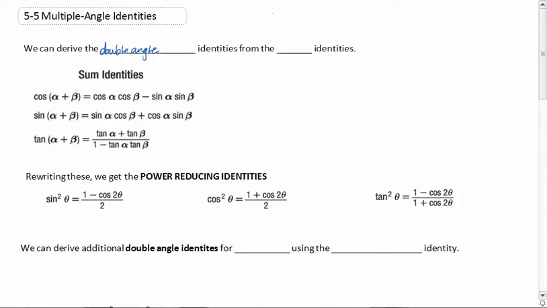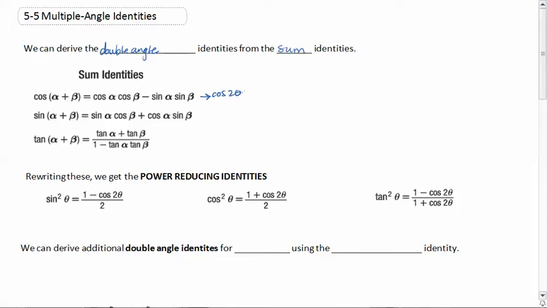That's our double angle. So we can derive these double angle identities from our sum identities that we learned about last time, because 2 theta is just equal to theta plus theta. So we're going to use that with our cosine of alpha plus beta. Both of our alpha and our beta are just going to become theta, for example. So if we're looking to find cosine of 2 theta, we're going to use our cosine of alpha plus beta